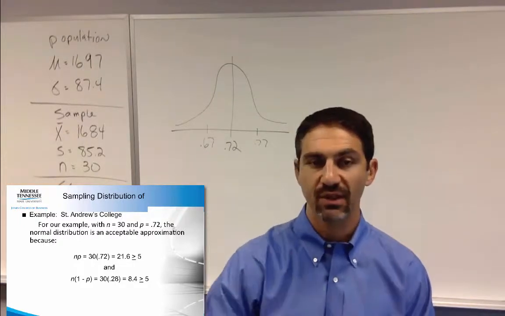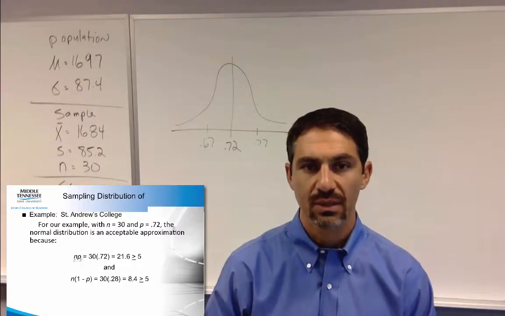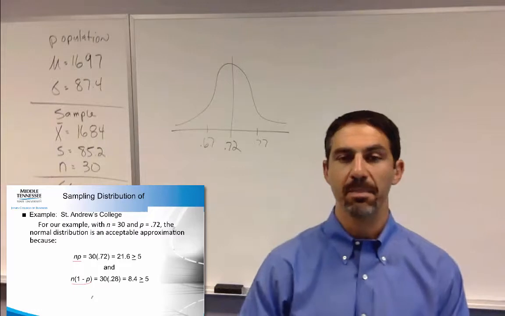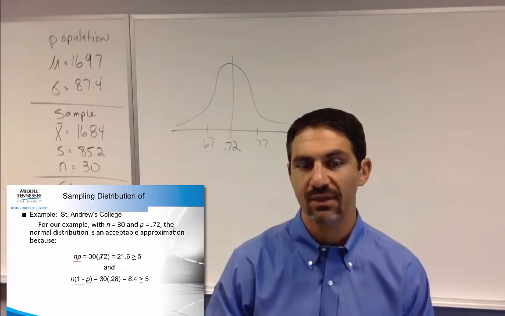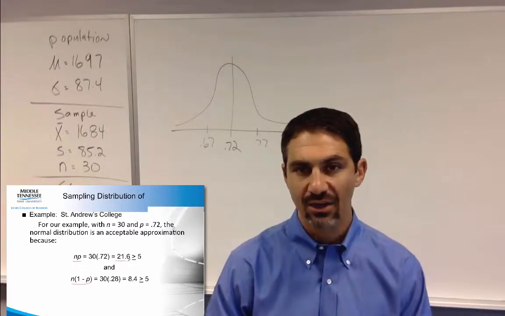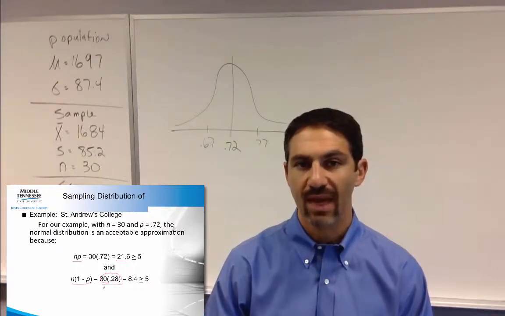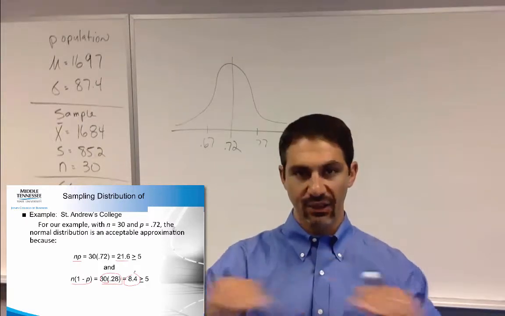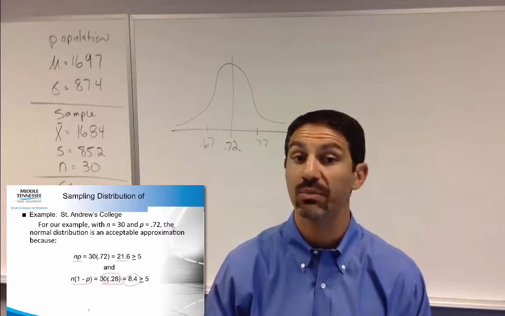But the way we have to first figure that out is, do we meet the criteria to use z-scores? These two formulas must be more than 5. So the population proportion, 0.72, times the sample size, 30, is larger. And then 0.28 times 30 gives us 8.4, and it's still larger. So this is just a checkpoint to make sure that we have a large enough sample to use proportions